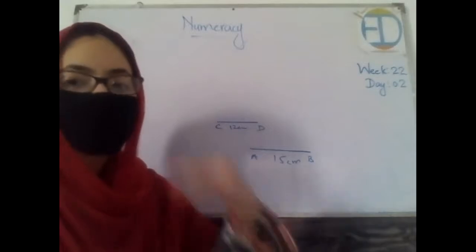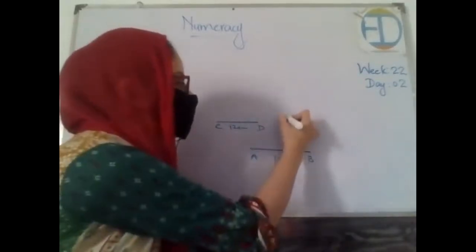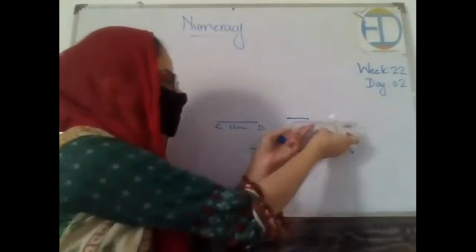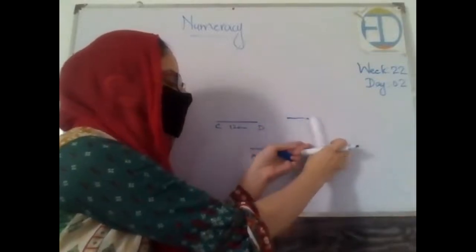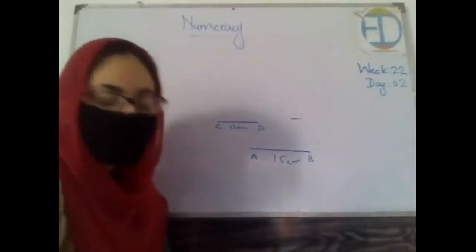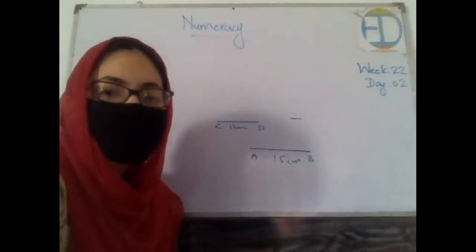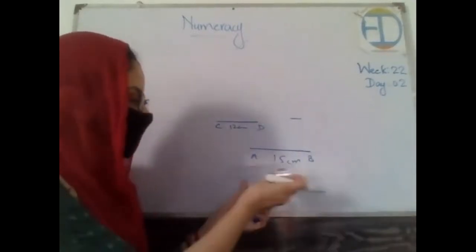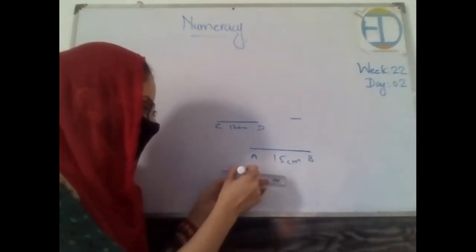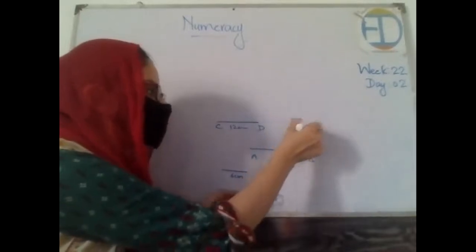The first one is of 2 centimeter. Hurry up. 2 centimeter would be this much short. Okay. See? So 2 centimeter. The next is of 6 centimeter. See, we will put it again like this. First point would be here, second would be here, and then we will join these two. Now this is of 6 centimeter. This is of 2 centimeter.